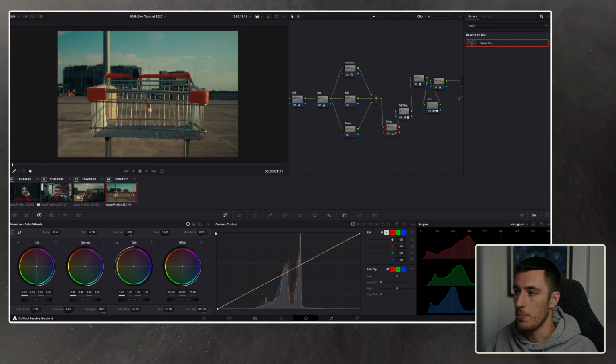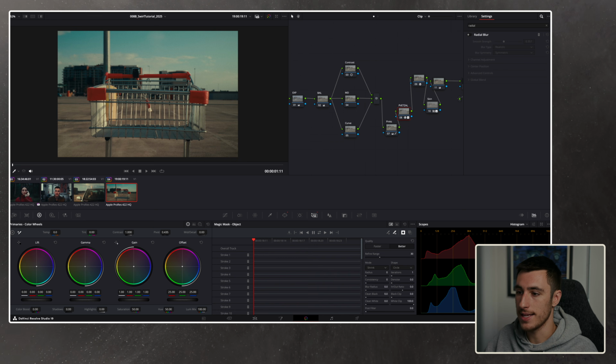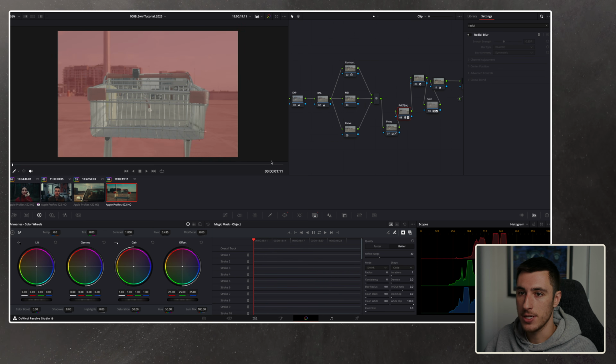Having a look at some more complicated shots here. Again, I've called this the Petzval look, which is pretty much because it replicates the Petzval and the Helios lenses, I guess you could call it. And this one's a little bit more complicated. It's the combination of using a power window here as well as a magic mask. If I enable the magic mask, you can see that I've left some of the gaps inside, but it's really just